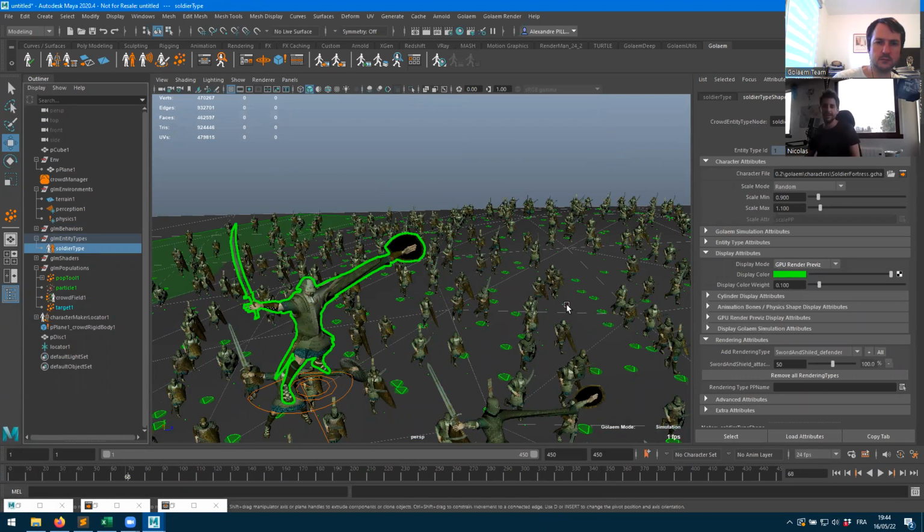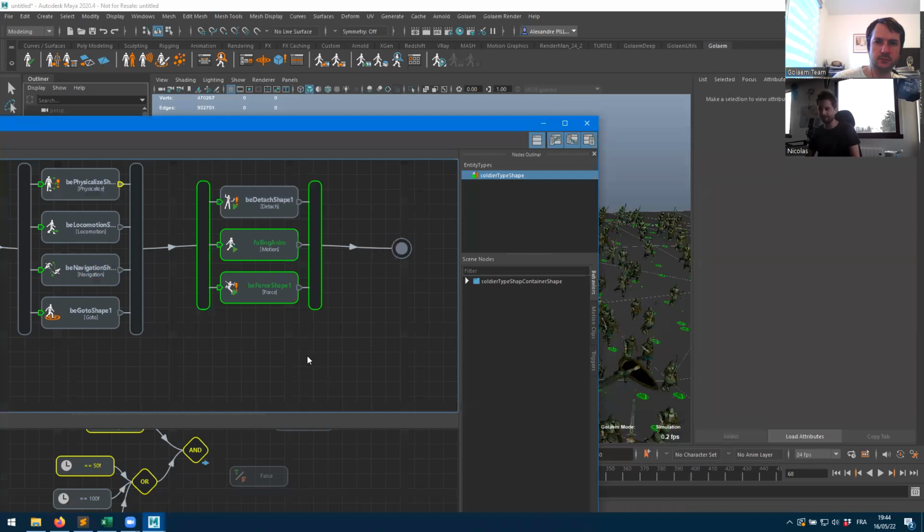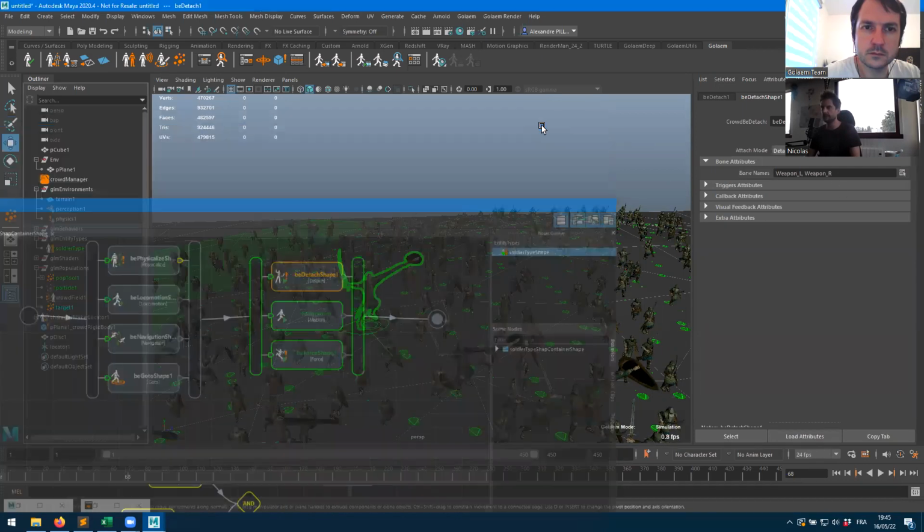So yeah, it's true. It looks like Mr. Fantastic now on the character. But only on the left arm. So what we can do is rather, here, the weapons, we have specific bones for the weapons because we wanted to be able to detach those guys. Those just have the geometry of the weapon being skinned on them, and they are next to the wrist of the character. So when it detaches, it doesn't impact the skin or the rest of the meshes of the character. So now you can select weapon left and right and apply this